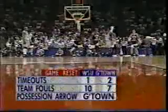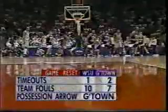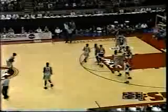Back in Tallahassee with 2:37 remaining. Weber State has 1 timeout left. Remember, they had to waste one on the failed inbounds play. Georgetown has 2 left. To this point in the game, Vern, that play where they had to take that timeout